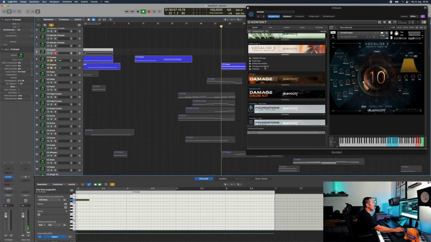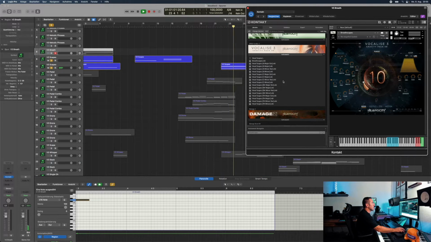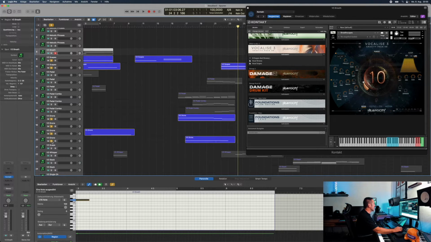Really cool scapes. And you see there are the breathscapes, and then there are the vocalscapes in the various keys, A minor, A major, and so on and so forth. In the same category, there are the drones, and even the vocal drones in this library. There are something out of this world. Let's get quickly into the drones.